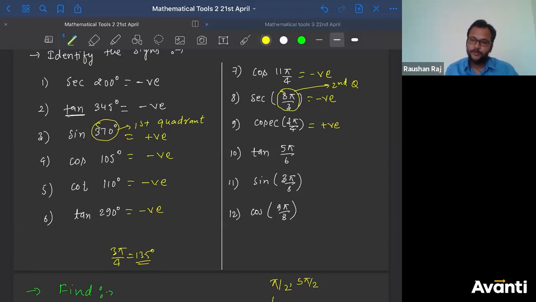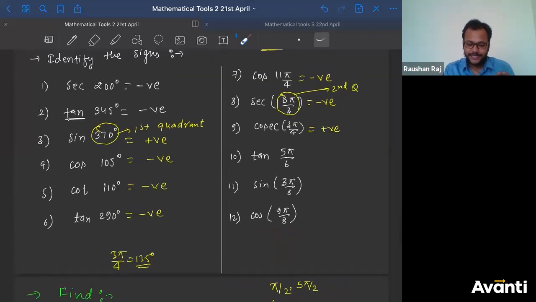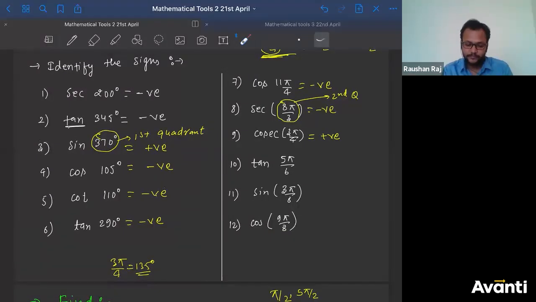If you want to convert that into radian, you can easily say that this 3 pi by 4 is nothing but 0.75 pi. 3 by 4 is 0.75. This one is pi by 2, that means 0.5 pi. This is pi. So 0.75 pi will be lying in between 0.5 pi and pi. That means second quadrant. So in second quadrant, the 3 pi by 4 angle will lie, and cosec and sine theta are positive there. That is why I have put a positive sign here for cosec 3 pi by 4.